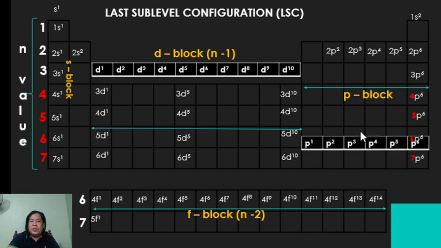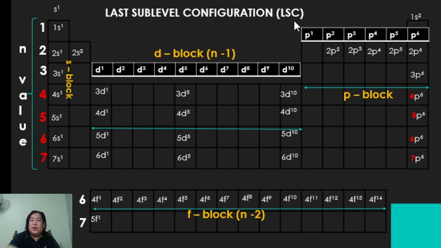Okay, let's proceed to the P block. So in the P sublevel, we have the maximum number of electrons is 6. Kaya 1, 2, 3, 4, 5, 6. So mag-i-start this time, you will no longer need to subtract the n value kasi wala naman dun sa rule. So that is 2p1 kasi 2p1. And then next,